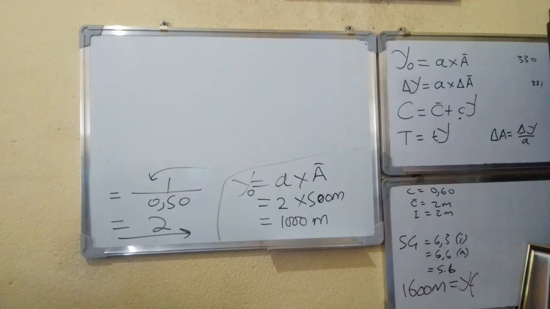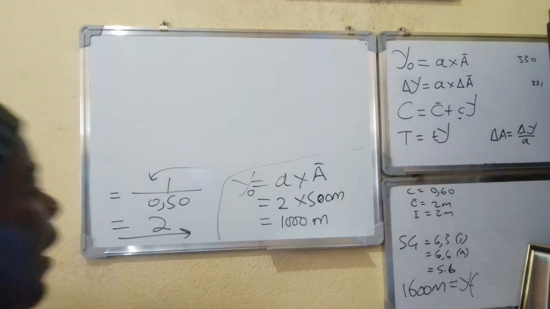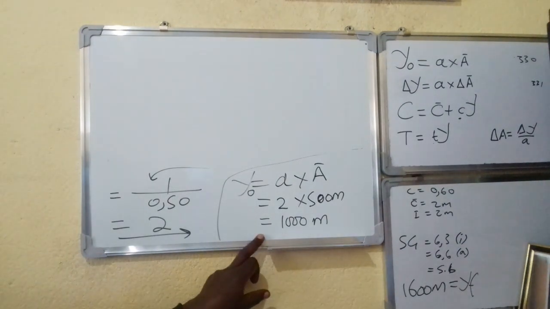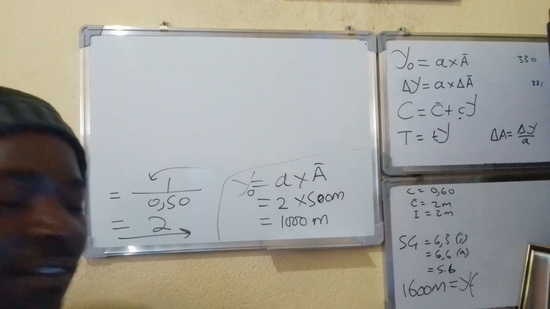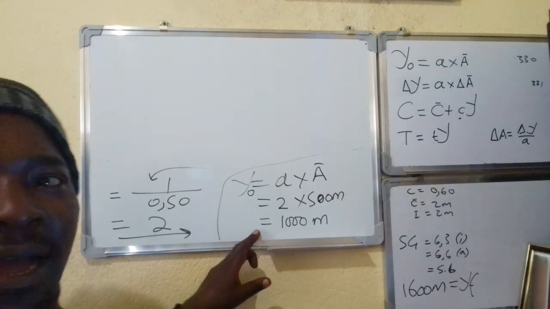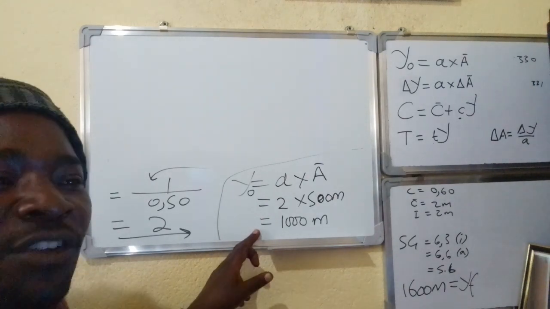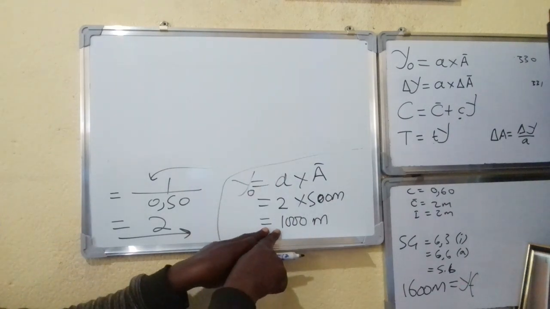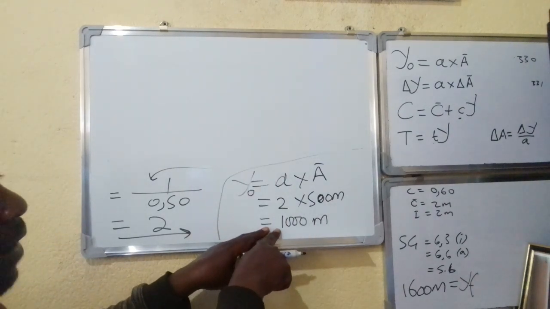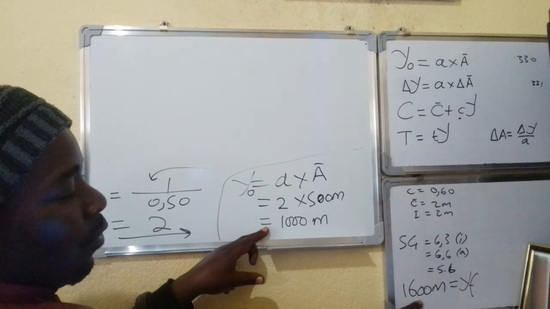This is the full employment level of income. And we have the equilibrium level of income. And then we have our multiplier. So they are asking, basically the question is asking,